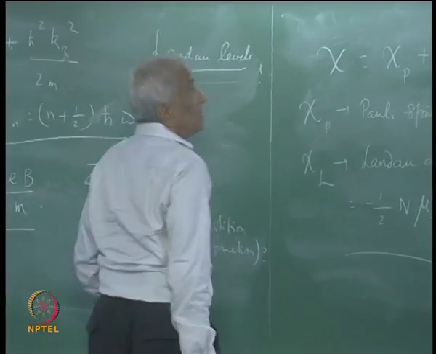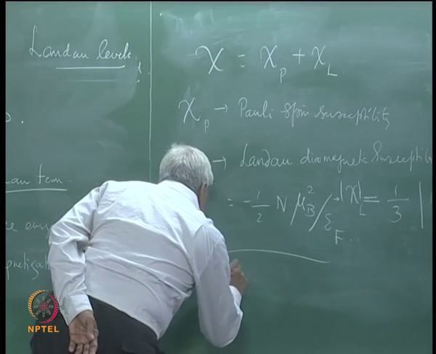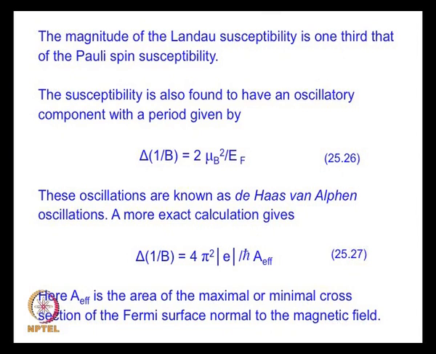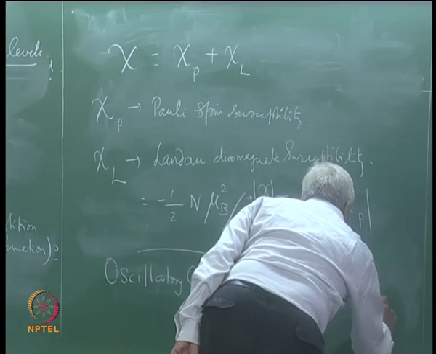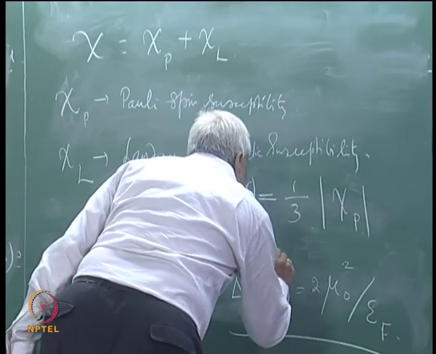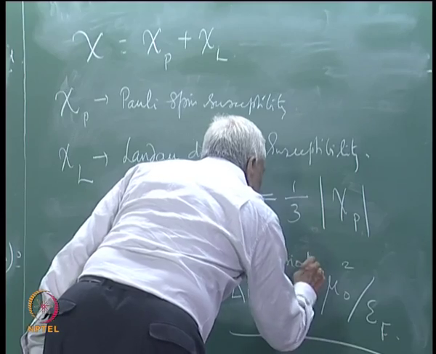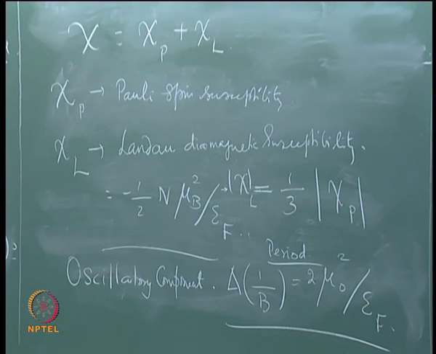In addition, it is also found that the susceptibility has an oscillatory component, which has a period given by delta 1 by b equal to the following, so that is the period of these oscillations. These susceptibility oscillations are known as